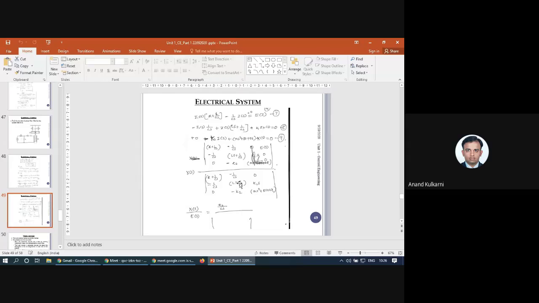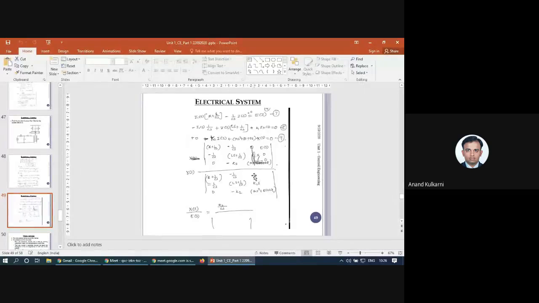This multiplied by this into this, minus of minus plus, this into this. Then this multiplied by this, minus sign becomes plus, because the second variable sign has to be changed. Then this multiplied by this minus this multiplied by this 0, and 0 multiplied by anything is 0. Only two terms will be coming to this problem, on a simple spring mass as well as electrical system.